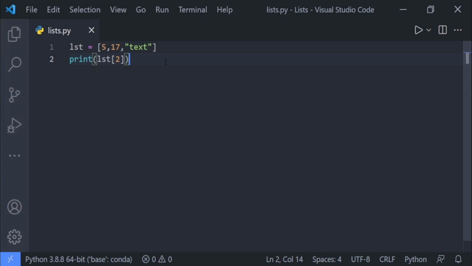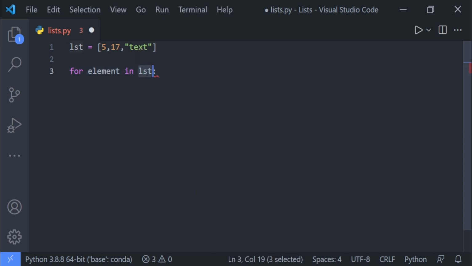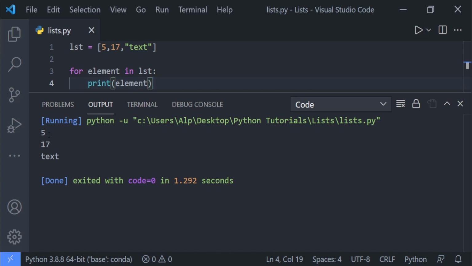What we can also do is, instead of accessing each element one by one like we did here, we can create a loop, as we have learned in the previous video. So let's just create a for loop for now. And for each element inside the list, so for, let's say, element in lst, this basically means we will be looping through this list variable here, and then each iteration value will be called element. And these will basically be, for the first element 5, then 17, then text. So when we print element here in the for loop, we will run this code and see the output